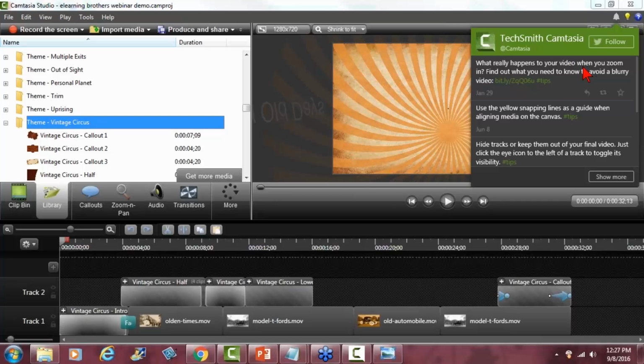And I haven't even looked at this in a while. What really happens to your video when you zoom in? Find out what you need to know to avoid a blurry video, okay? And think about that. It's like a little piece. It's something that is going to help avoid a blurry video. Well, if you just take a couple minutes and check that out, you can probably save yourself a bunch of